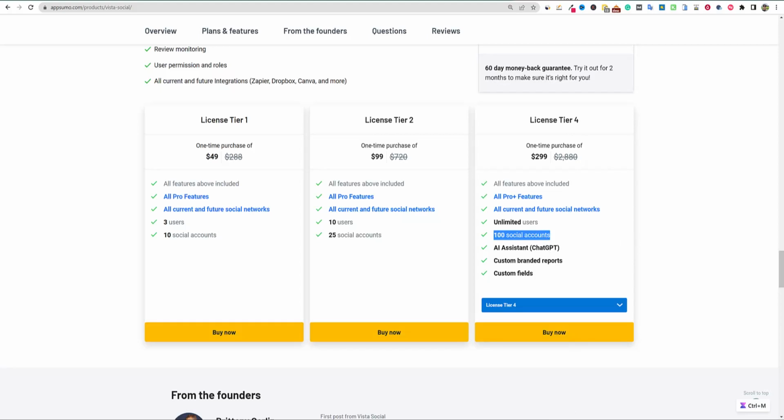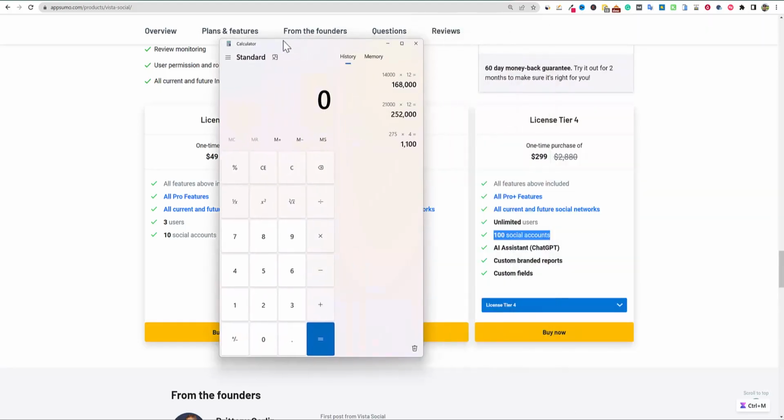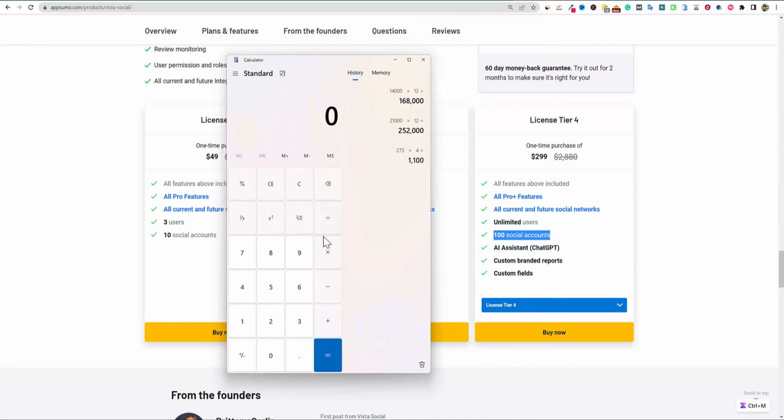And let's just say you're going to be an agency and you're going to use this tool and you want the LTD to take you a long way. Let's just pretend on average, your clients have 4 accounts. So you would just take 100 and divide that by 4. You would be able to manage 25 clients